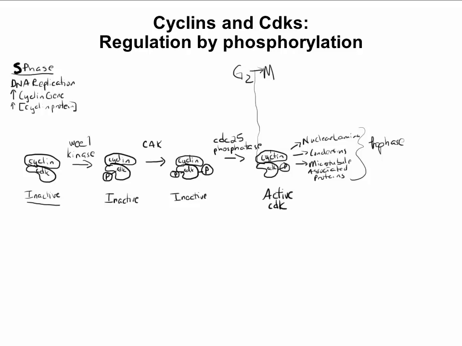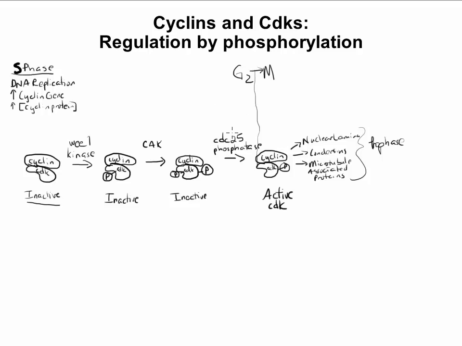Okay, so when does it make sense that the CDC25 phosphatase would be activated then? Only when all of the events that are associated with S and G2 have been accomplished, right? So as you can imagine, as long as the cell is still trying to replicate its DNA, trying to make sure that its DNA has been repaired, trying to make sure that it's big enough, the cell would not want this enzyme to be activated. So let's talk about the regulation of this.